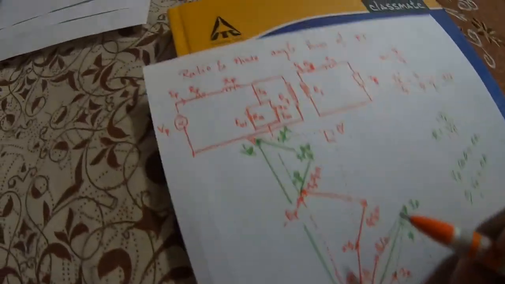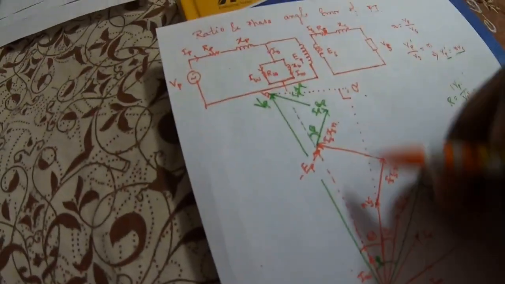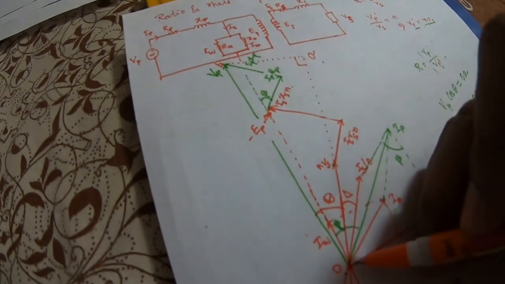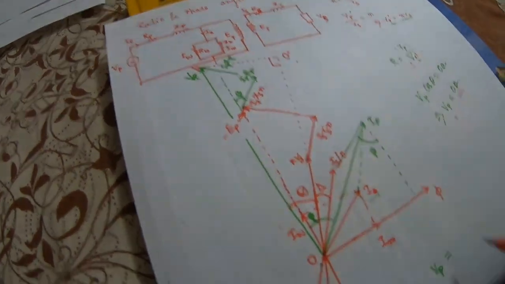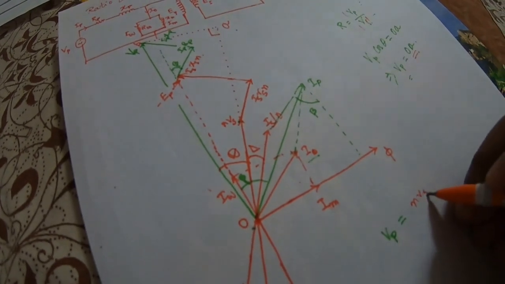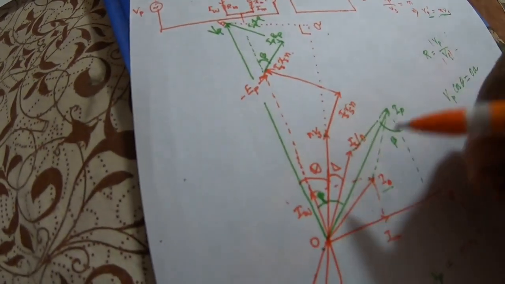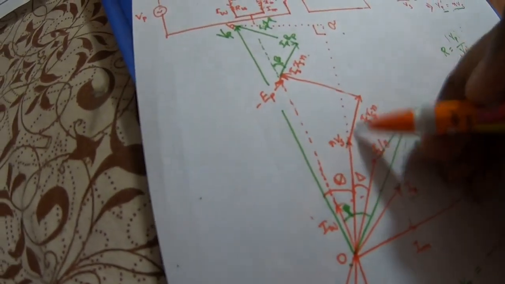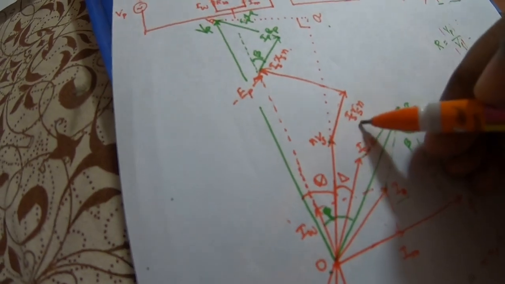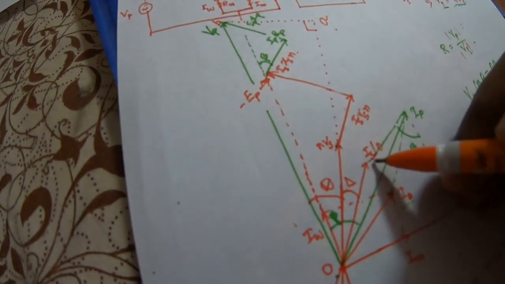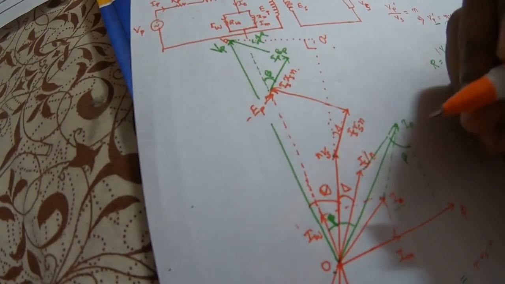Vp will be equal to OA. So OA means, along this arm, we have first O to this NVS, so write down NVS, then plus. After this NVS, you can see that this is angle delta, the angle between NVS and Is by N. As Is Rs N is parallel to this Is by N, this will also be angle delta. Clear?